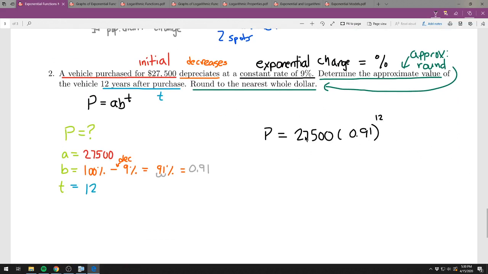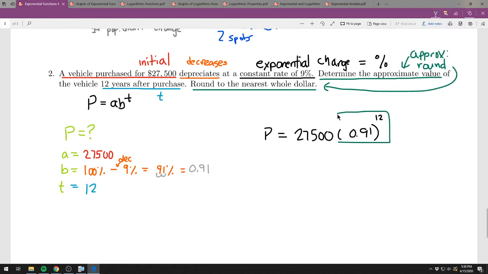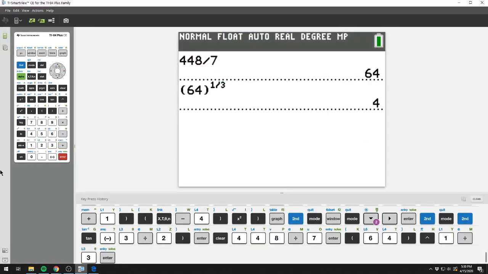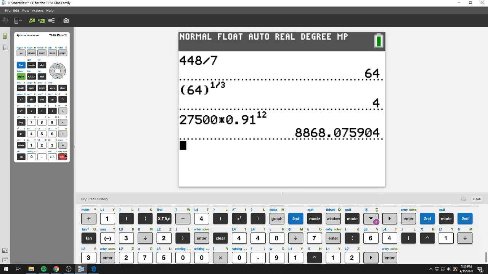Right, but you want to type this in your calculator because we are rounding. I like to type in the whole thing, and the TI-84 can do that pretty easily. If you can't type in the whole thing at once, you should type the part with the exponent first, because that's our order of operations. Exponents come before multiplications. Right. So we got 27,500 times 0.91 raised to the 12th power. Your calculator is going to know order of operations. It's going to know what to do here. And we get